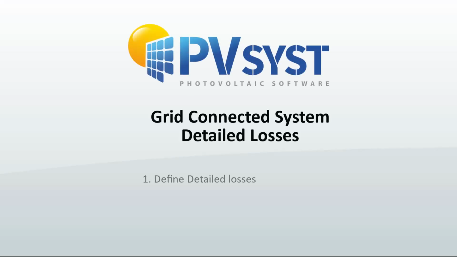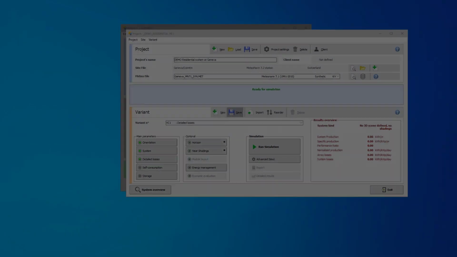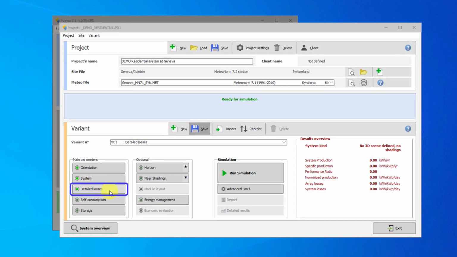In this tutorial, we will explain the different losses included in a PV-Syst simulation. All loss parameters are predefined by PV-Syst as reasonable default values for your early simulations. These correspond to standard systems. You may modify them according to the specifics of your system. The main parameter which should be adjusted according to the system configuration is the thermal behavior.